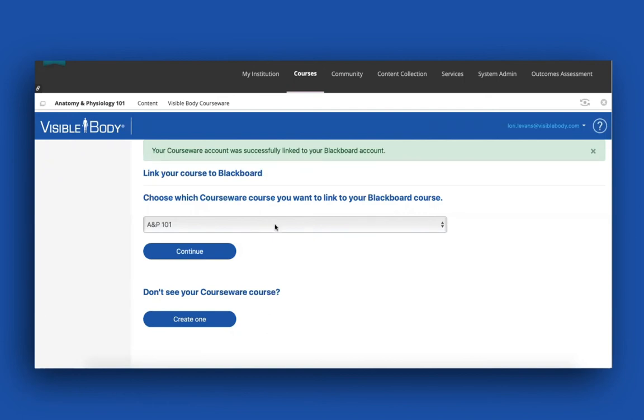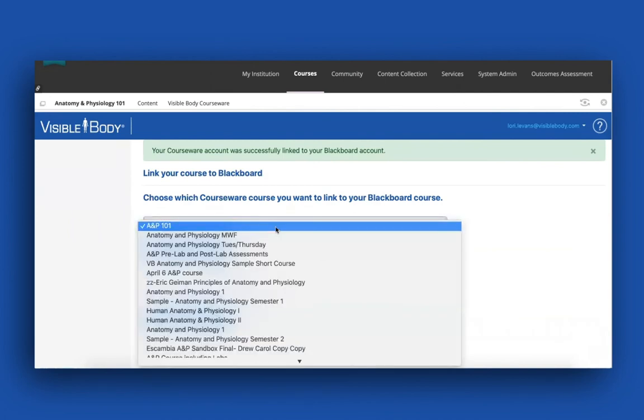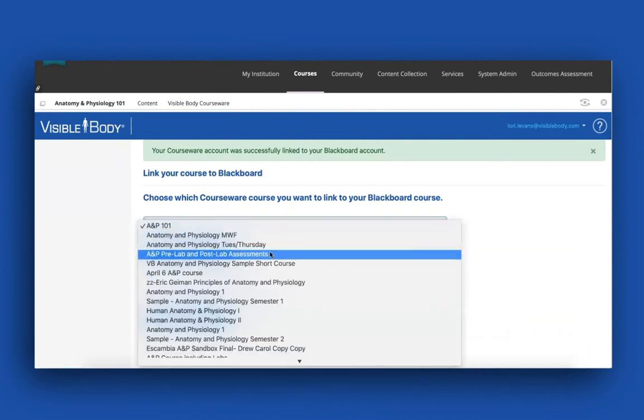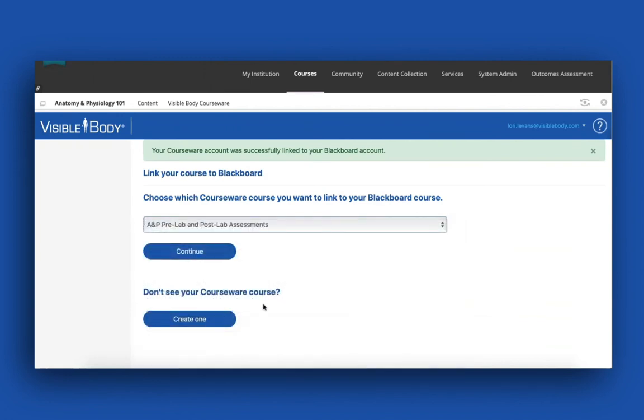And now I'm going to pick which Courseware course I want to link my Blackboard course to. So I'm going to see this drop down, and I'm going to pick A&P, pre-lab, and post-lab assessments. And now if I didn't see a course that I wanted and I wanted to make a new one, you certainly can do that. But I found the one that I already made in Courseware,